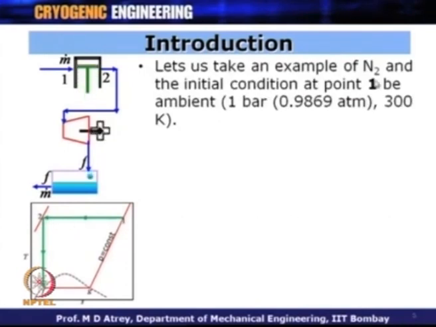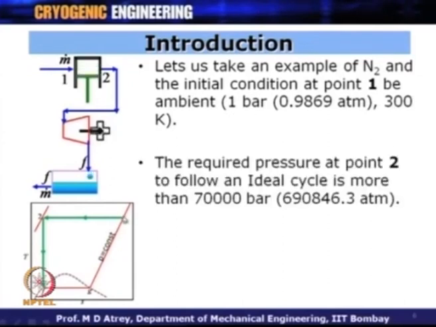Let us take an example of nitrogen and the initial condition at point 1, which is 1 bar and 300 Kelvin. As soon as 1 bar and 300 Kelvin is determined, we know the point F. If we draw a vertical here and a horizontal at this point, the intersection will give the final condition after the compression process 1 to 2. And here we can understand the required pressure at point 2 to follow an ideal cycle is more than 70,000